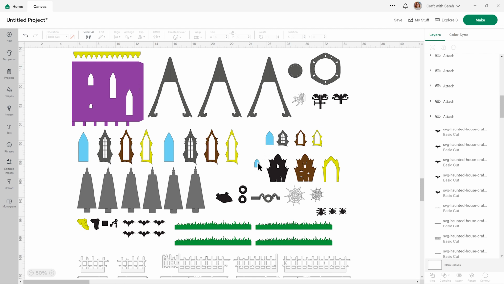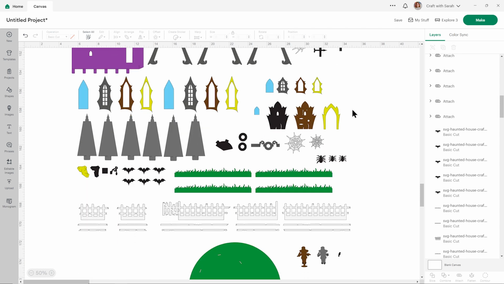All of the blue pieces can be cut from blue, but what I would actually recommend doing, especially if you want to add lights inside of your haunted house, is to cut them from a translucent material instead, such as tracing paper or vellum, or even some kinds of butcher paper or parchment paper if they look kind of white and semi-transparent. That way you'll get a lovely glow from your lights inside the house. If you're not going to light up your house, then do them from a solid piece of cardstock instead. Blue is probably a good colour if you're going to be doing it that way.